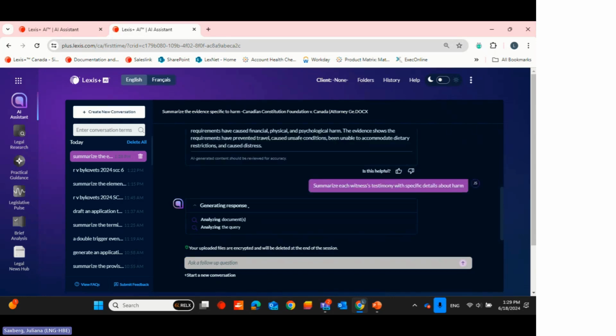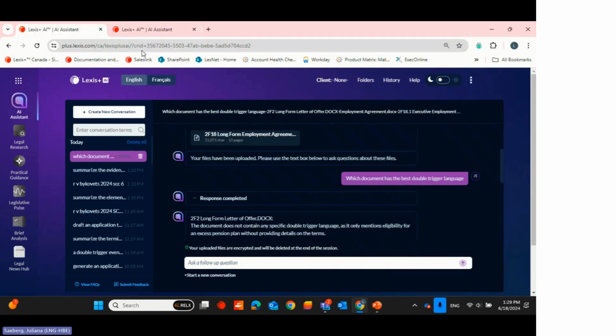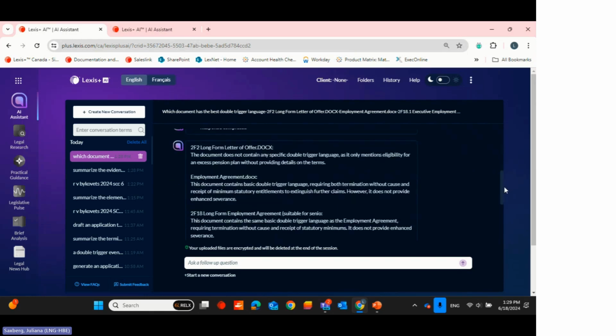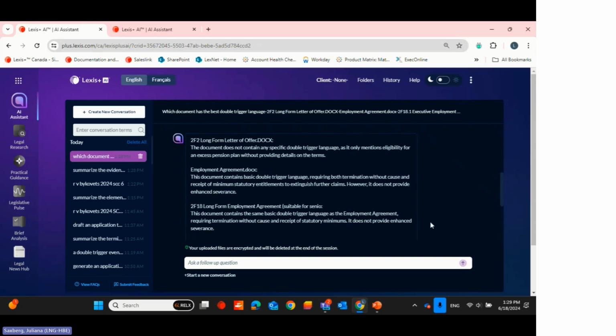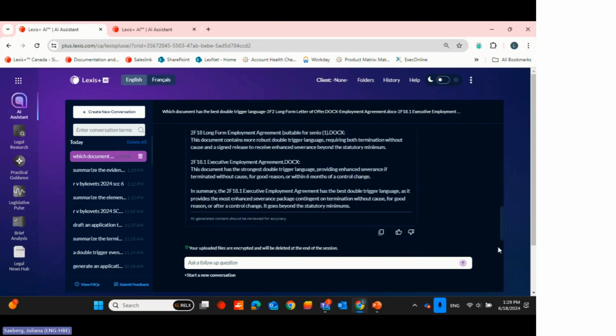And I'm just going to ask it to give me a more specific summary there. I see I'm running out of time. I'm going to keep playing with this. This is the output of my compare documents upload. As you can see, I could probably spend the rest of the day enjoying experimenting with this, but I do